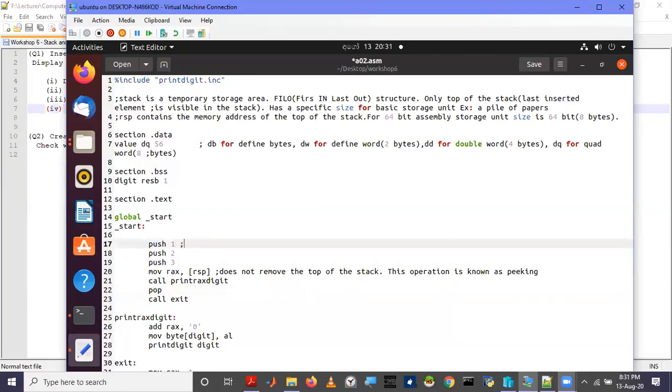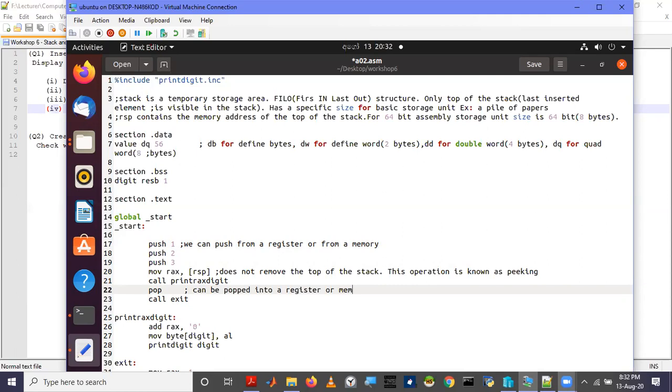Just like push, where I demonstrated that we can push from a register and from a memory, just like that, we can pop into a register or memory.